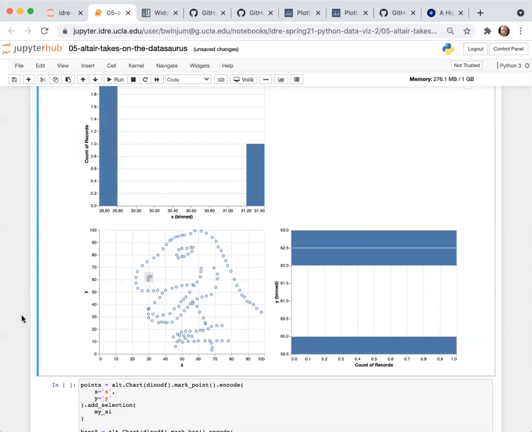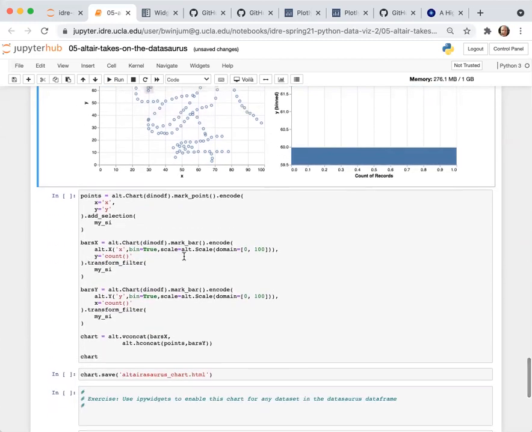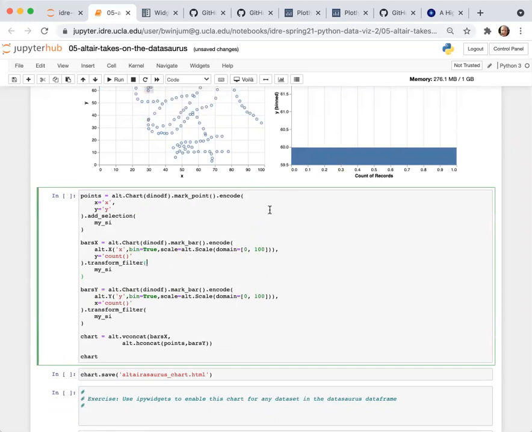These histograms dynamically change as I'm dragging this. So it might be more useful to explicitly set a constant range for the Y and X histograms so that they don't change so much, and it's easier to get a more conceptual idea of the trends. So in this next cell, all I do is change the scale.